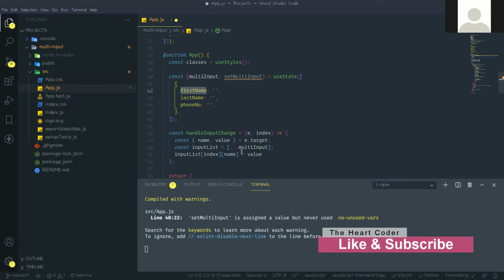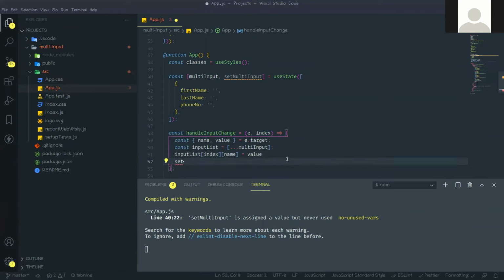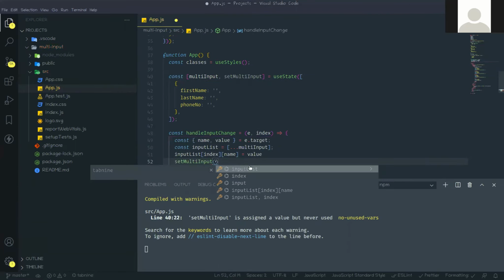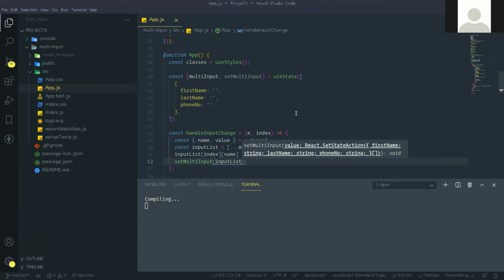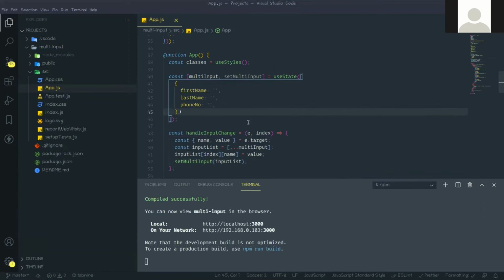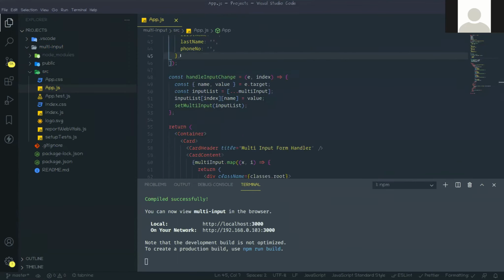So in this name I give the value, replace the value, and then set multi input here with input list. Done.